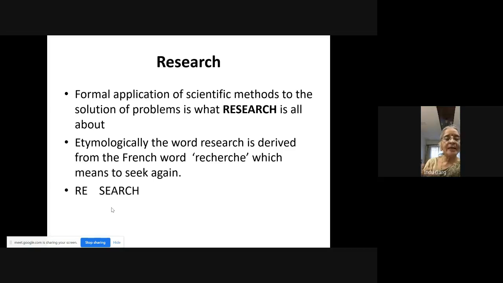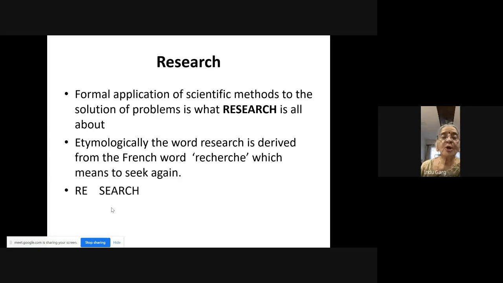Of course, by trial and error we can always find solutions, but then trial and error is trial and error. You will try, you will make mistakes, again you will try something, you will make mistakes, again you will try something and make mistakes. No, we don't go by that. We will do a systematic scientific method so that we can find solutions to the problems.